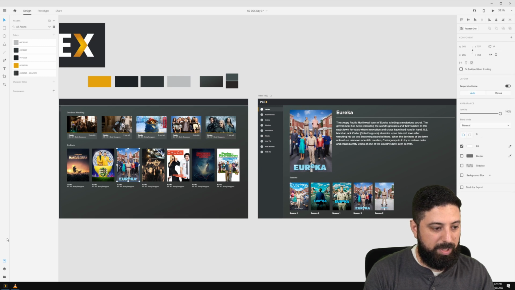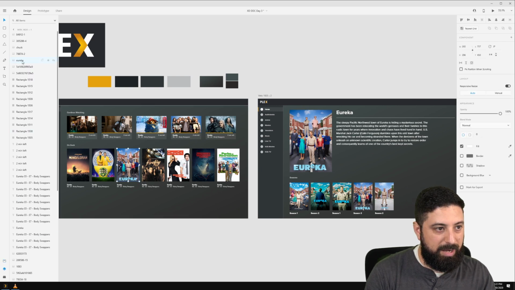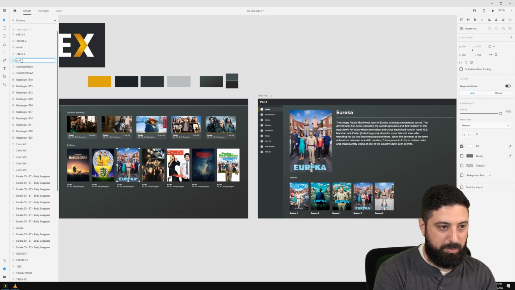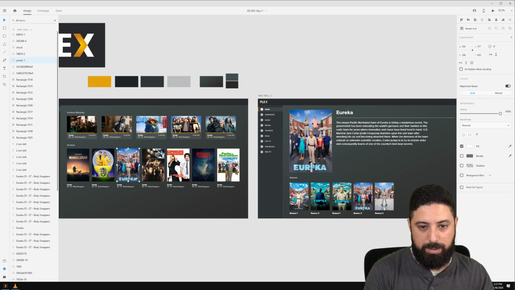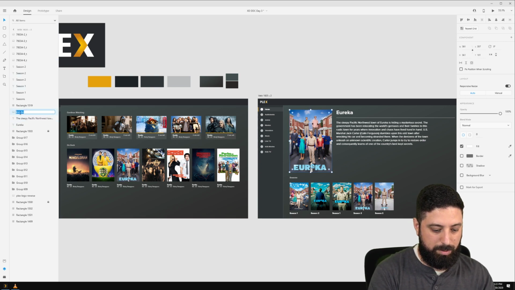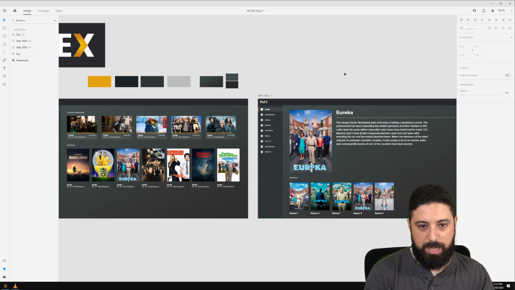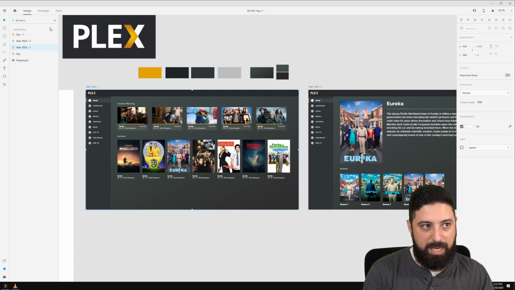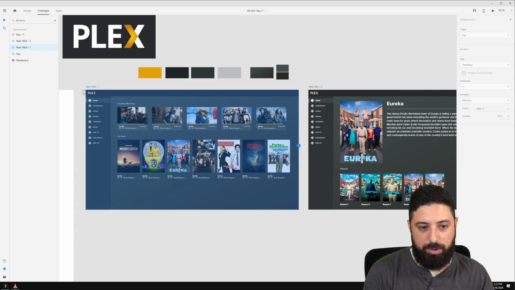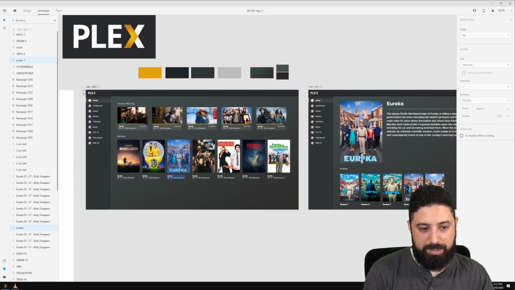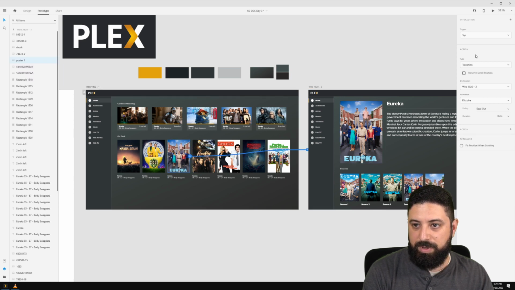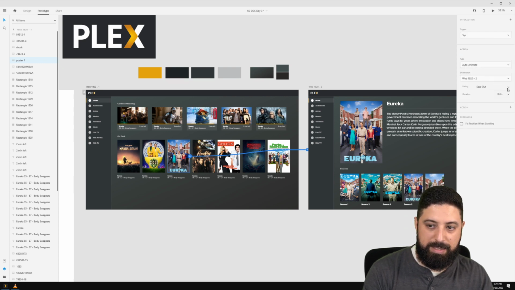Now, I've done a couple of things. If we want to check here, I have Eureka, or I'm going to call this poster. Call it poster 1. And over here, we're going to go poster 1. And what this is going to do is just by having the same file name, when I come over here to prototype, I'm going to click on this. I can actually group all of this. I'll just click this here. I'm going to move this over to the screen, and I'm going to go tap. Transition is going to be Auto-Animate, and we can do an ease in and ease out.